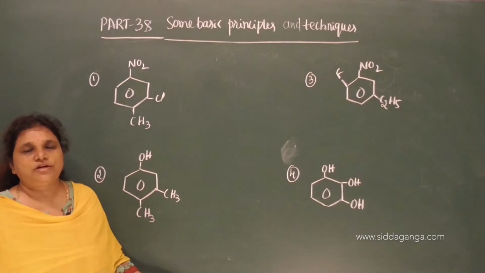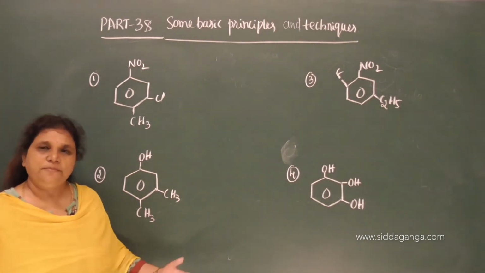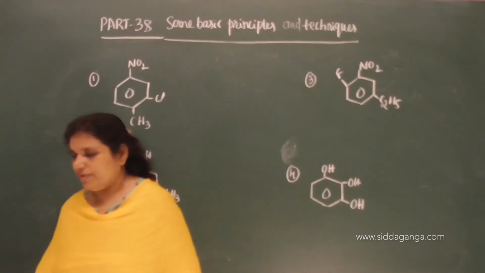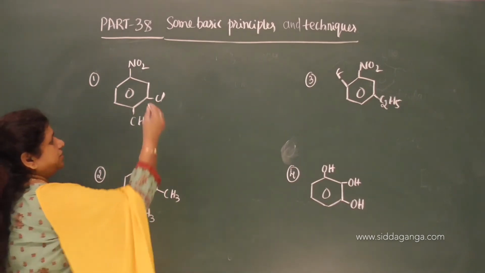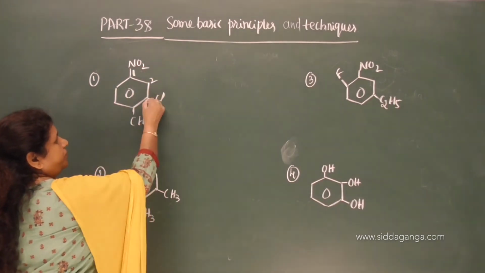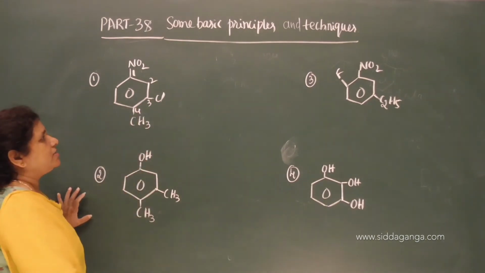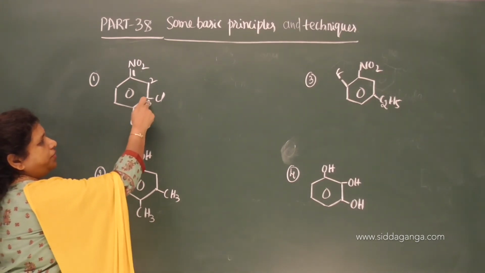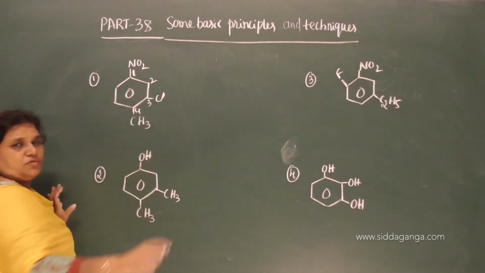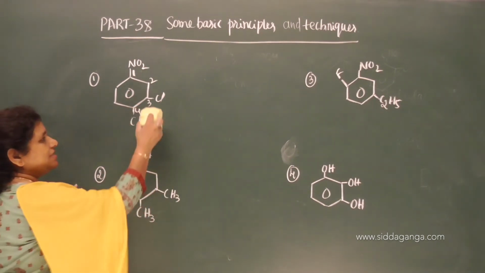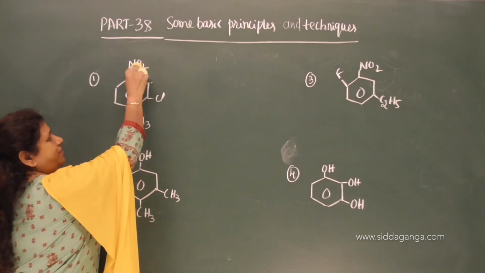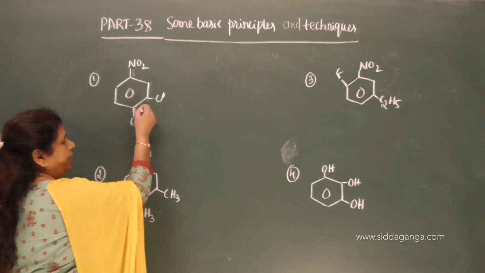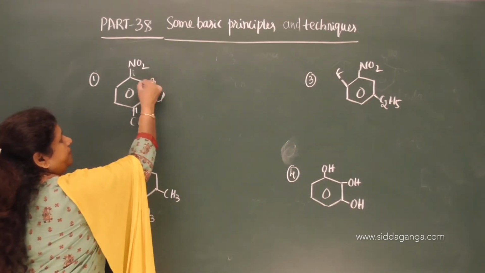When more than one functional group is there, we need to treat one as the principal functional group and the remaining as substituent groups. Similarly, now you give the number from one end here. 1, 2, 3, 4. Then what is the total? 8. If you give the number from this end, 1, 2, 3, 4, 1 plus 2 is 3, 3 plus 4, it is 7. Therefore, better to give the number from this end. Correct? So numbering should be done from methyl: 1, 2, 3, 4.